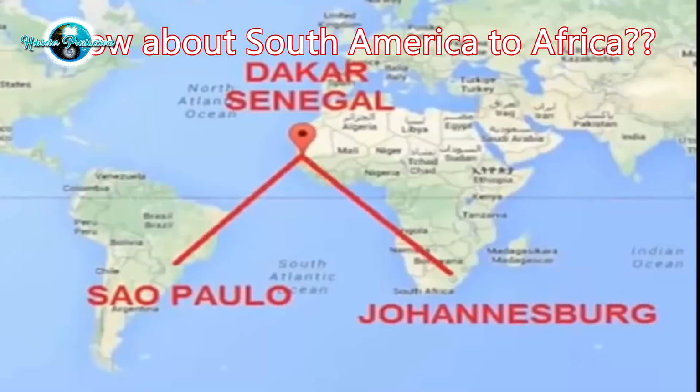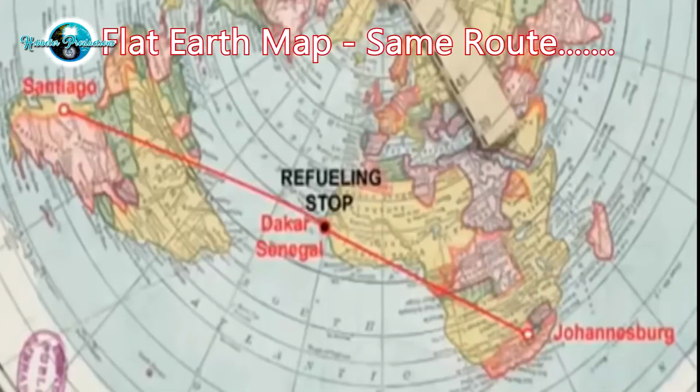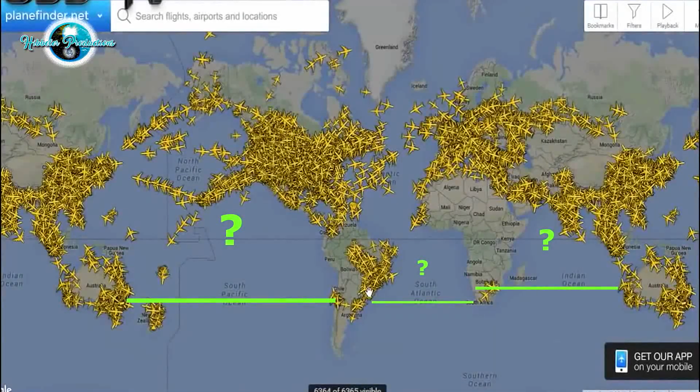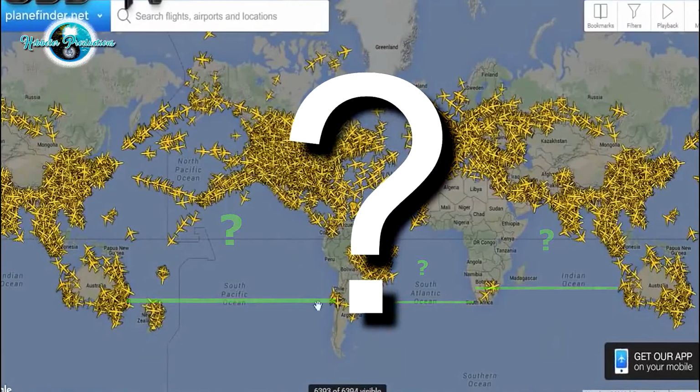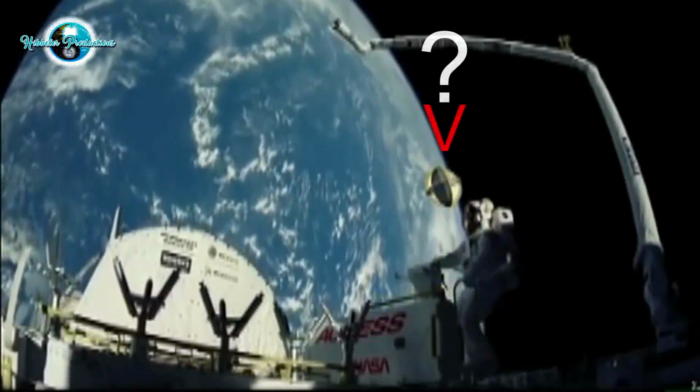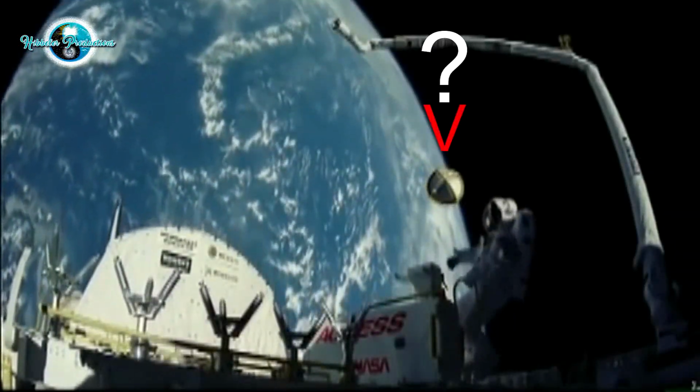Flat Earthers, it's time. We are going to destroy the Globeheads' arguments concerning flight routes. When you go onto the plane tracking software, you'll see hundreds and hundreds of flights over the northern hemisphere, and you can track those flights from beginning to end. When you look at any flight in the southern hemisphere, what you'll find is the flight takes off and disappears off the tracking. And that only leaves why. Why have they done this? What's the point of this grand deception? I think Eric Dubay explains it best.